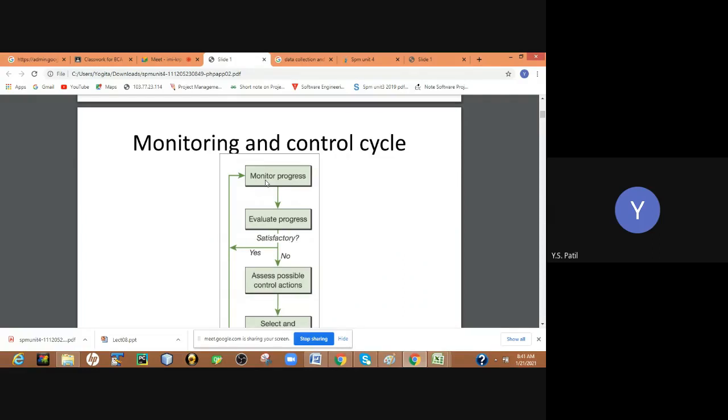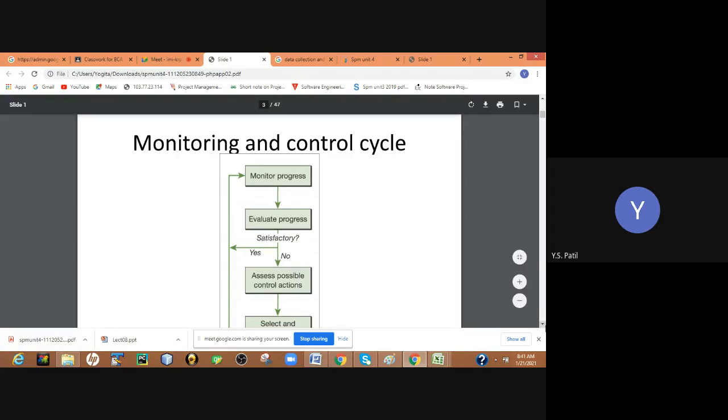So you have to keep a watch on that and monitor it regularly. Monitoring means you are doing a comparison. What kind of comparison? Whether whatever you have planned is going according to the plan, and whether it is going to achieve the objective within the planned schedule and with the help of the planned resources or not.